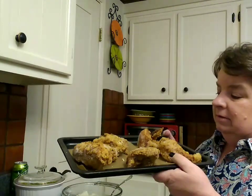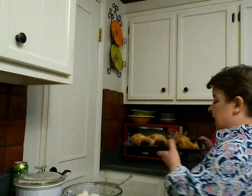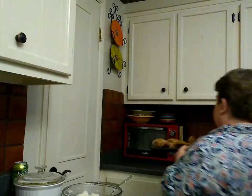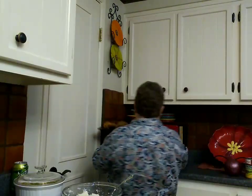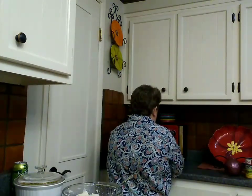I'm going to put my fried chicken that I got at the Albertsons Deli, and I've got a breast, a thigh, 2 wings, and a leg. And it's on a little piece of parchment paper. And this little tiny sheet is so cute. It fits in my Easy Bake Oven. And I'm just going to go ahead and pop this in here because I want it to half cook